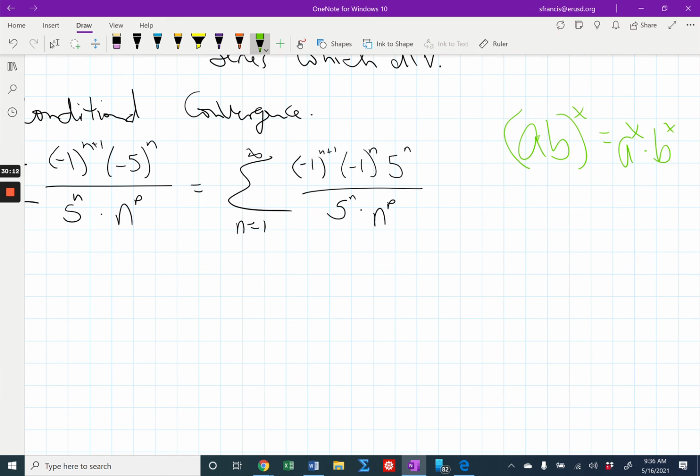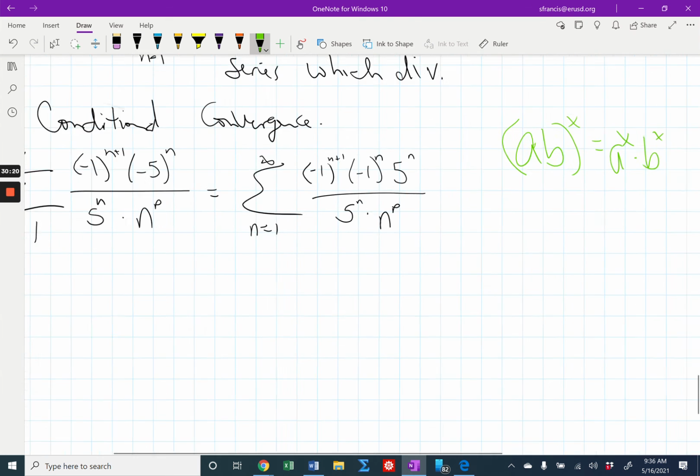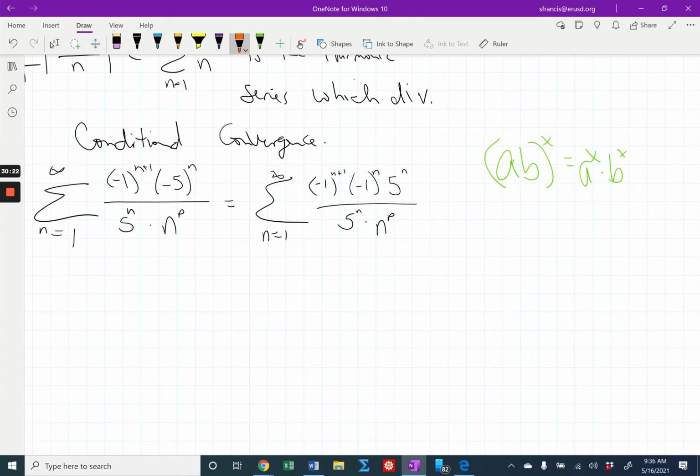That's all I did here: there's a negative 1 times 5 in here, so I'm just applying the exponent n to each factor. And then from there, we can cancel these out here. Now, if we take a look and think about what happens here, because we're raising negative 1 to n, negative 1 to the n plus 1,